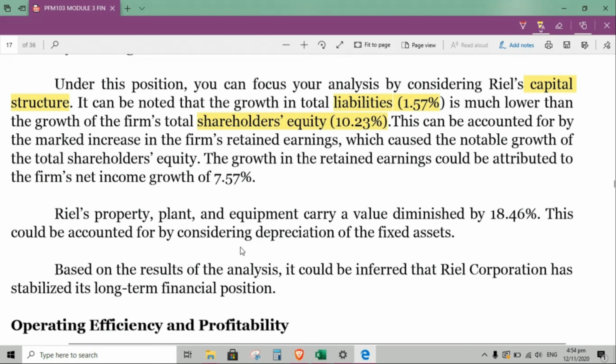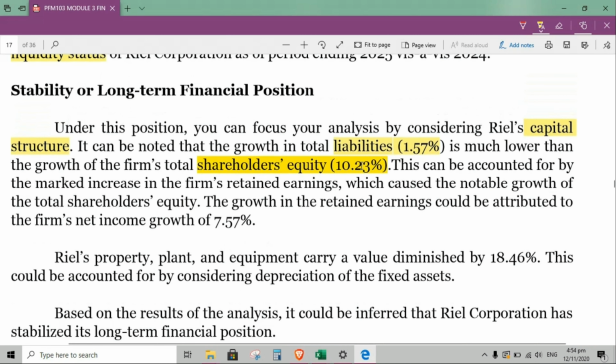Makikita mo na kaya mataas yung kanyang shareholders equity, it can be due to the increase in the firm's retained earnings. Ang dahilan naman doon is, of course, yung kanyang net income growth. Tumaas yung net income ng company. So, syempre, pag mataas yung net income, bibigay tayo ng balik sa ating mga